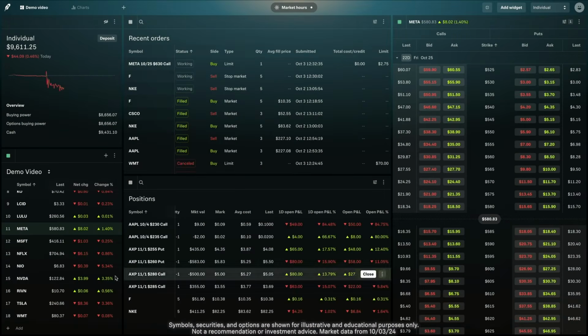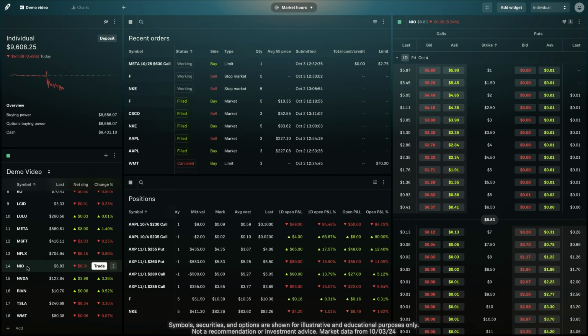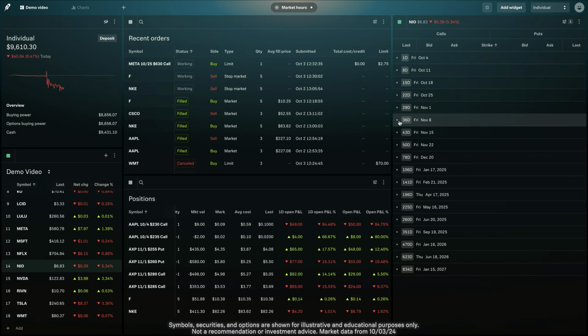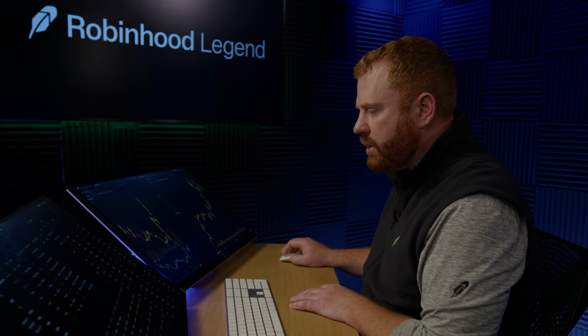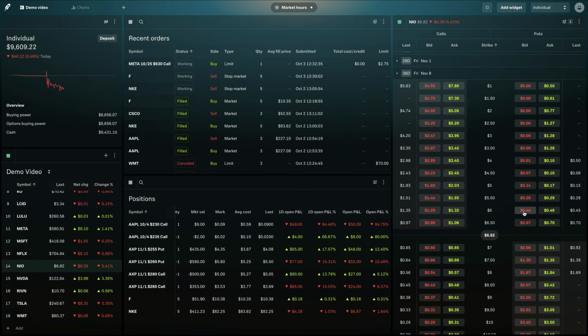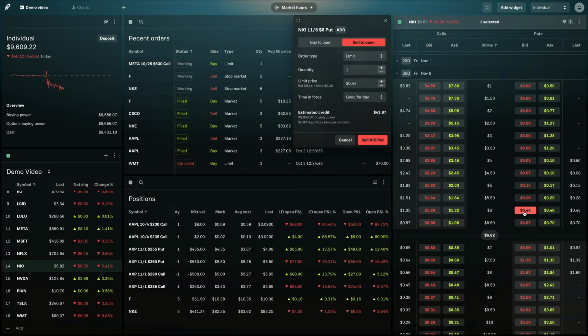Now, what if you want to sell an option? Just as easy. We do that. Let's pick NEO for this one. Maybe you want to sell a put. We're going to use the expiration expiring, let's just say 36 days from now. And maybe we want to sell one of these out of the money puts. I'll pick the $6 strike, click the bid price, and that is going to queue up an order to sell